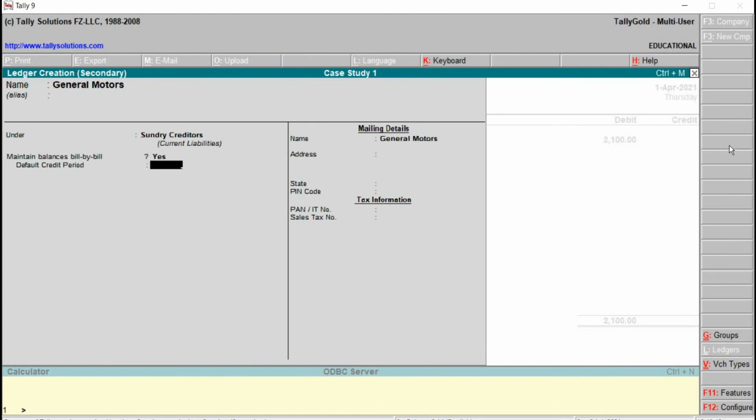If we are not interested in filling other details, usually in case of real accounting we have to fill all the details, but right now we are just creating it. Okay, in that case we can save and quit back. In that case just press Ctrl A. Ctrl and A has to be pressed to save and quit back.